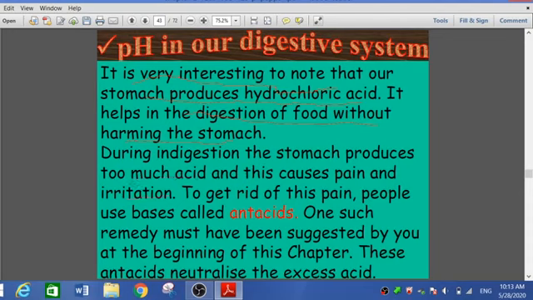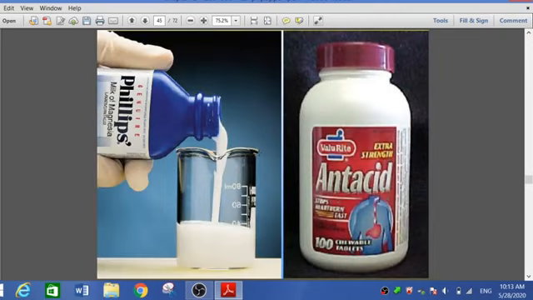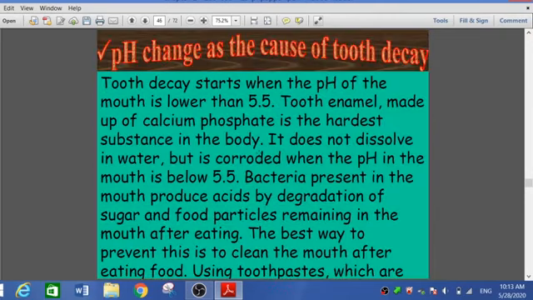Generally हम लोग बाहर का फूड खाते हैं तो वो एकदम स्पाइसी रहता है, and because of this, acid is already produced in our stomach and we are eating spicy food from outside, which is also acidic. So to get rid of acid pain we use an antacid. One such remedy was suggested at the beginning of the chapter, that is Mg(OH)2, milk of magnesia. So it is an antacid we are using.